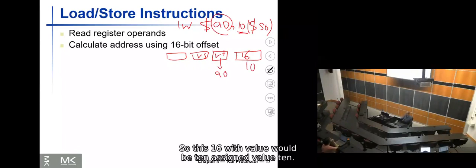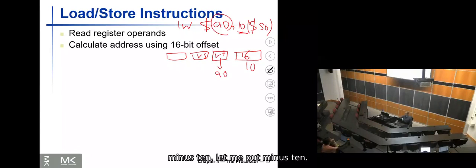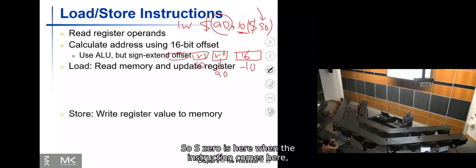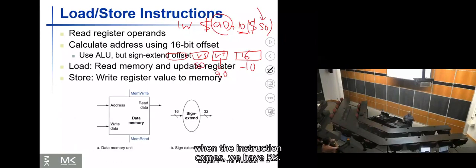It's a signed value, 10, so here it is plus 10. We could have, for example, minus 10. Let me put minus 10, that would be better. Minus 10 goes to here, A0 is RT, and we have S0 as the base. So S0 is here. When the instruction comes here,